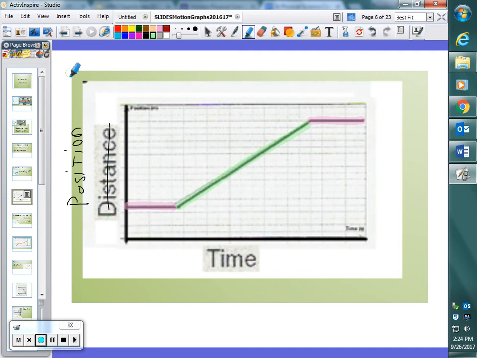That's just a sloppy ellipse. All right. So before we discuss,